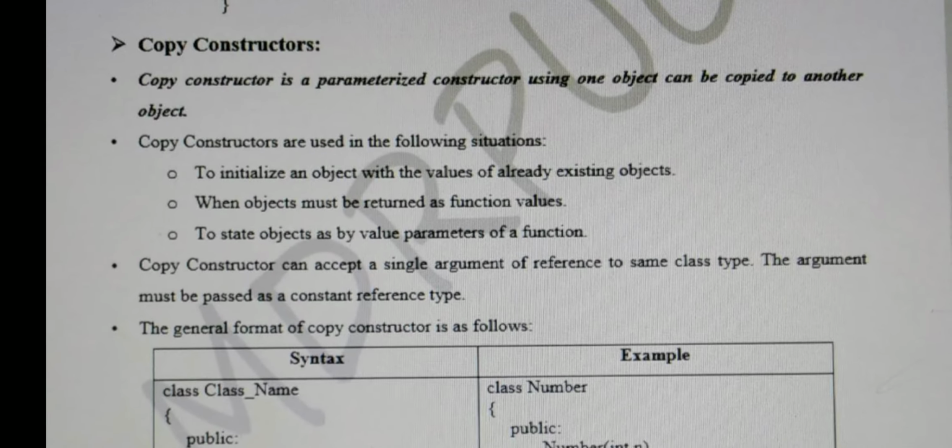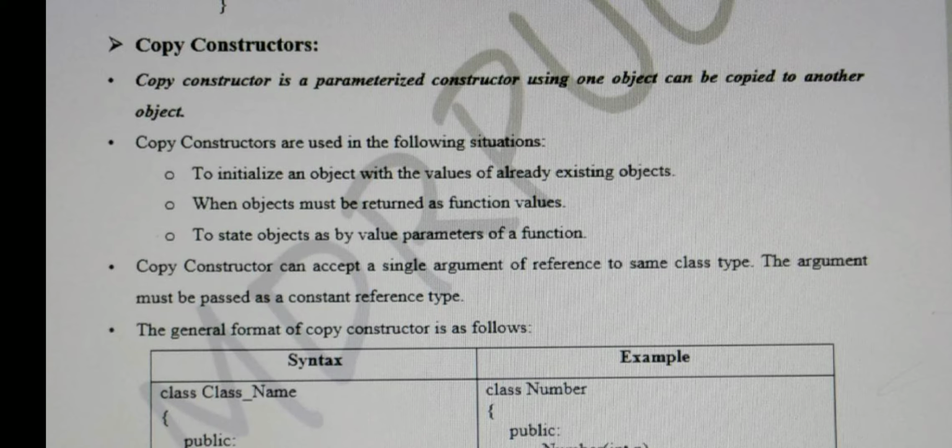Good, copy constructor. A parameterized constructor is used to give values to the objects. Constructor is a function, and every function has a return type, function name, and argument list. If arguments are there, we call it a parameterized constructor. If no arguments are there, we call it a default constructor or zero argument constructor. If only one argument is there, which copies the value of an object that already exists, we call it a copy constructor.